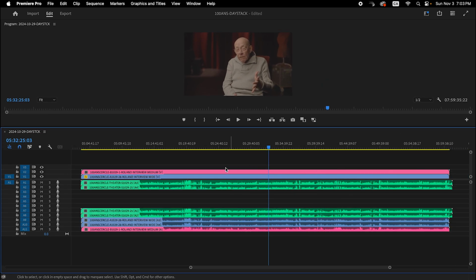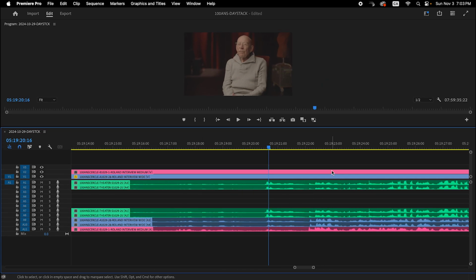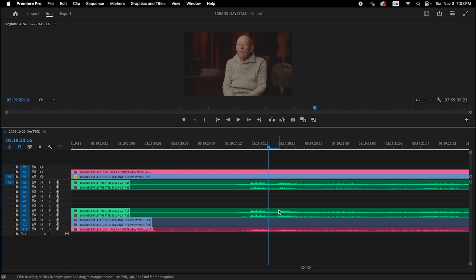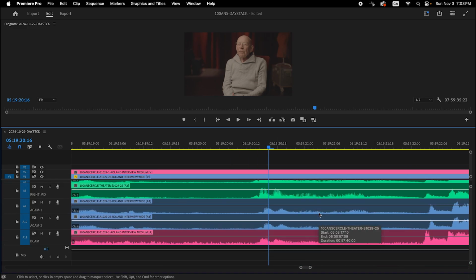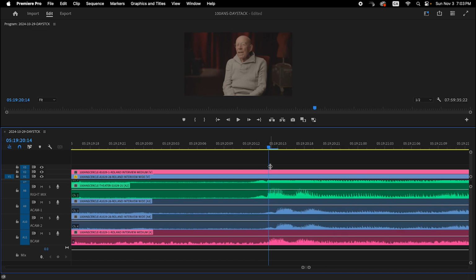I remember hearing that these were out of sync, so that's where we're at. We're gonna sync these puppies. Premiere is lovely like that sometimes, that it just decides to not show you your audio files if you zoom in too much, which is really annoying. Sometimes I would restart my computer and sometimes it helps, but because we are doing a video, we are not doing that. So I can pretty much tell by looking at it that the green and the pink are